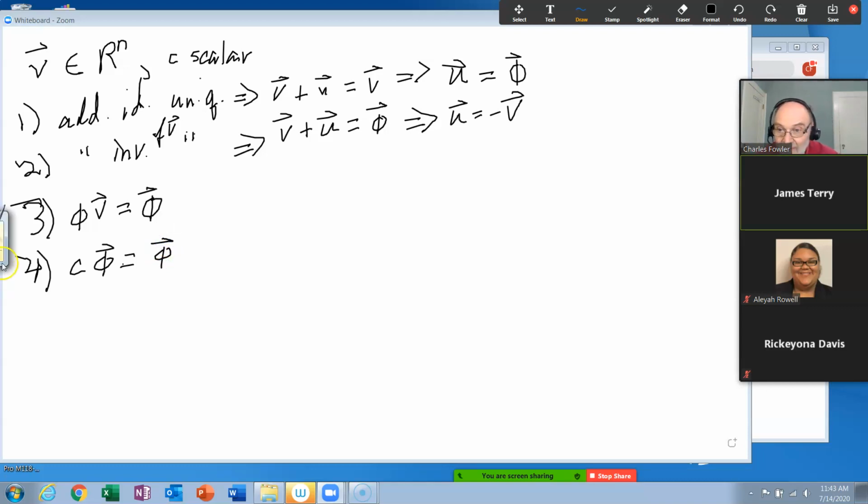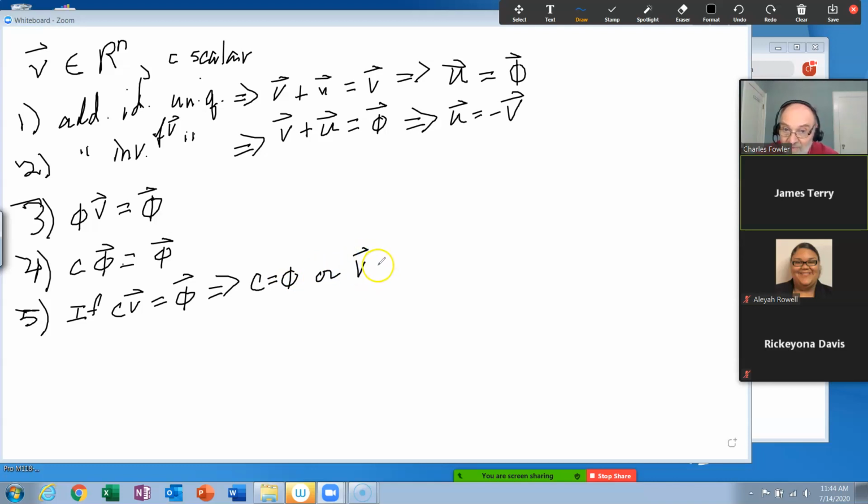Okay, now number 5 almost is a compilation of the previous 2. What if you knew that c times v is equal to the 0 vector? Now, there's either one or two things that have got to be true. What would that be? Right? Or,